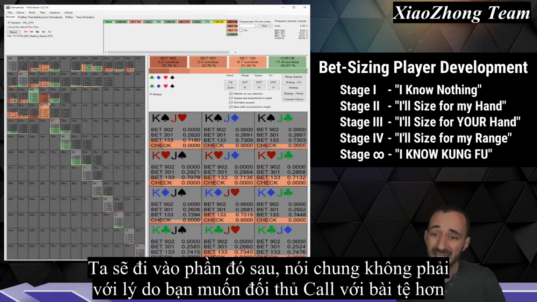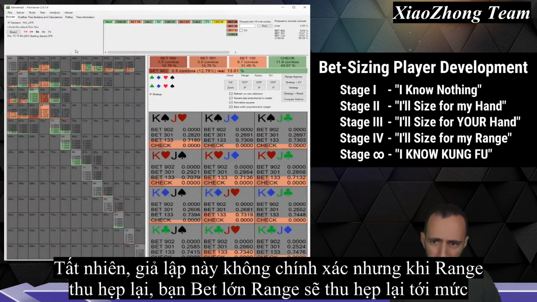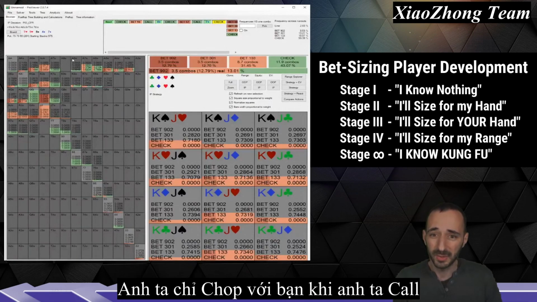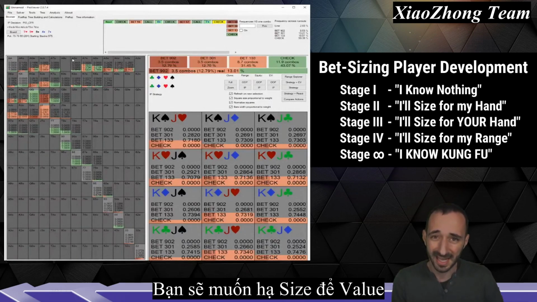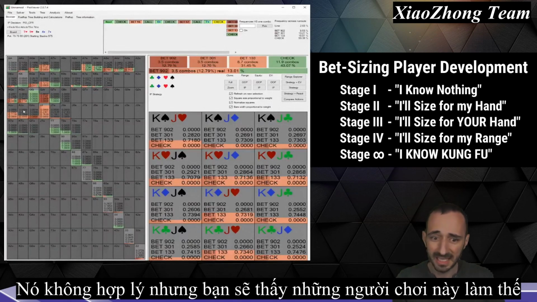Sometimes we'll get to that, but generally not, the reason being that you want your opponent to call with worse. Of course this sim isn't accurate, but as his range narrows and narrows the bigger you bet, at some point he's just chopping with you when he calls, so you want to size down for value.